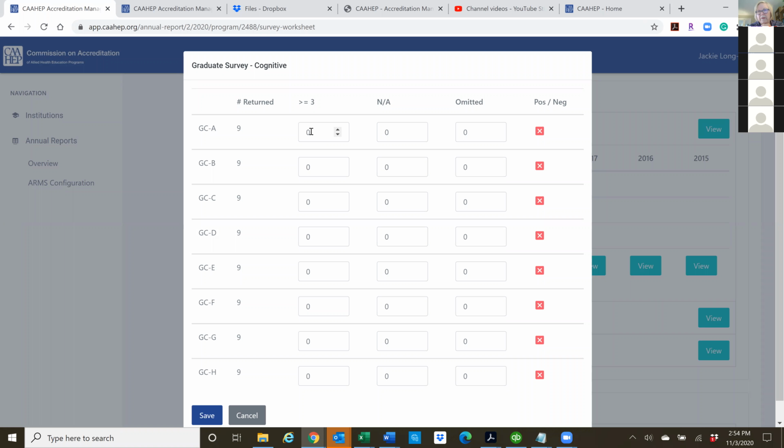Now, if you sent 9 out and 7 people said that it was 3 or 4 or 5, then you just give us a 7, and then you need to account for 9. So 1 might say not applicable and 1 might have not responded. And so again, you just fill them in the same way as you used to fill them in for each of the 3 areas, and then save it.